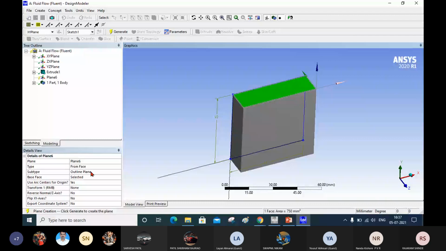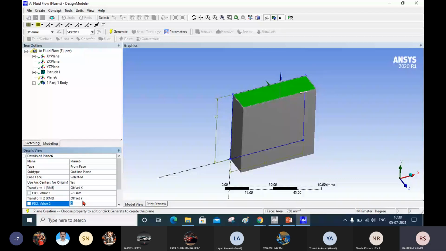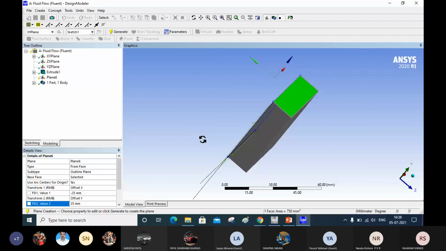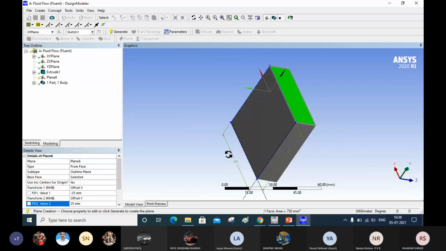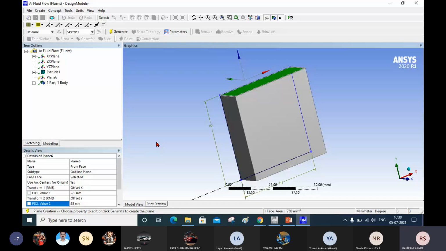Okay. Now I will use transformation. In x direction, it is -25, and in y direction, it is 25. Okay, just minute.